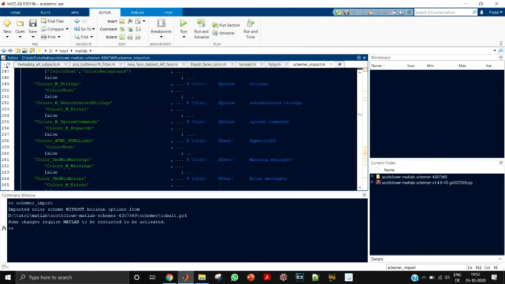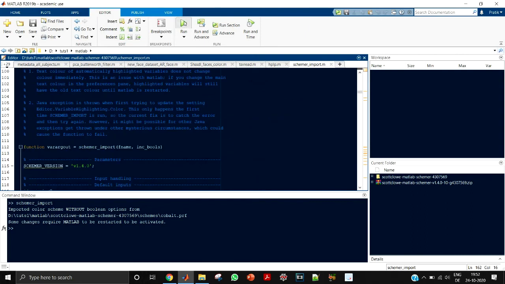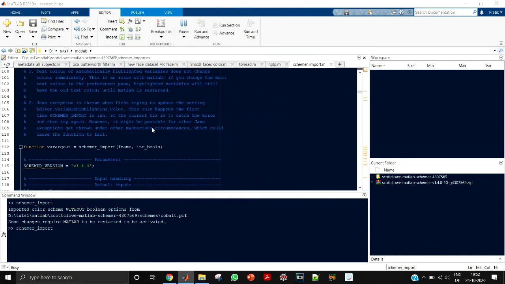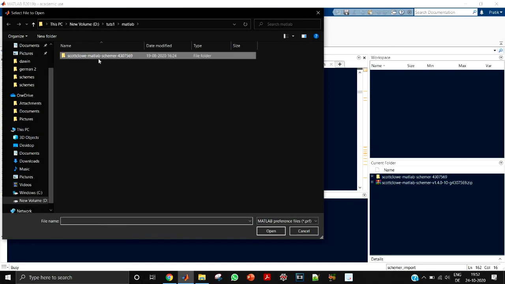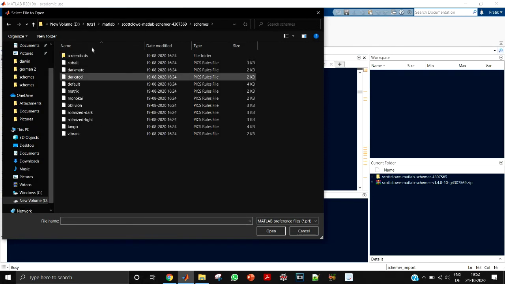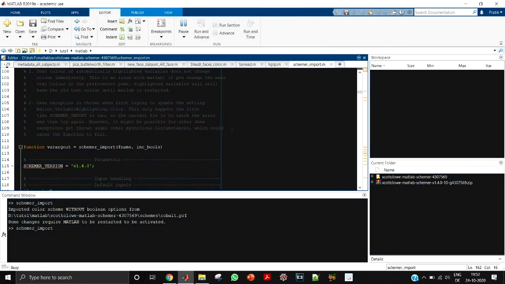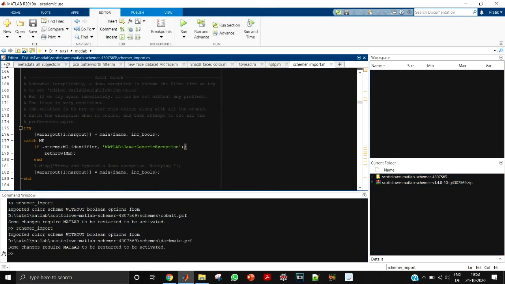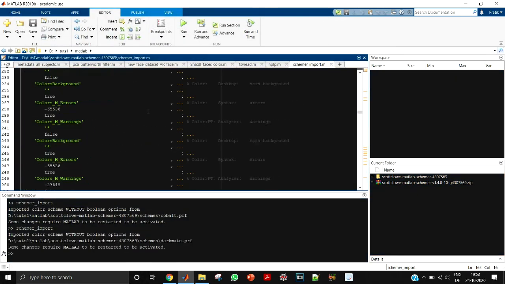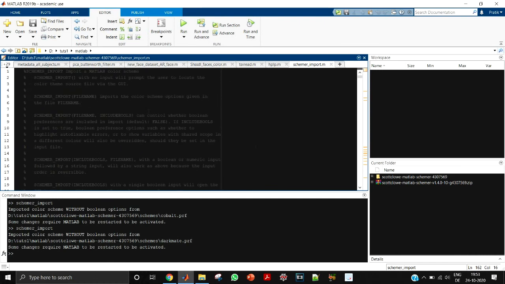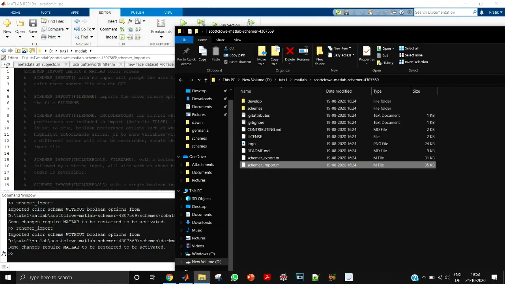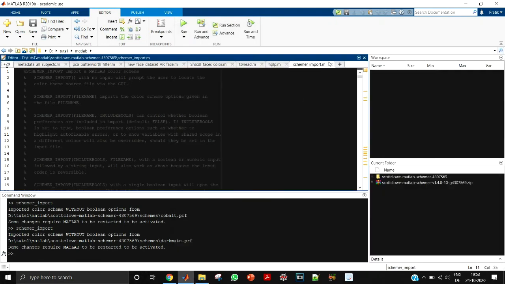There are many other things also. If you run this again, you can see a wide variety of the different things that they have. Dark Mate is also there. So this is Dark Mate. You can just go through the different color schemes that they have and pick whatever you like. So this was one method, just dragging the code to MATLAB and running it whenever you want.